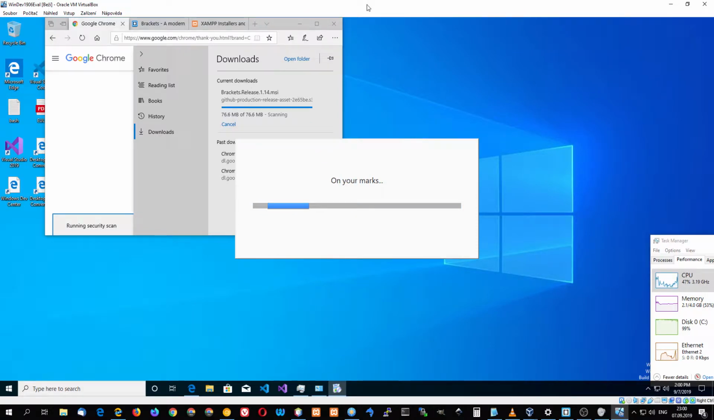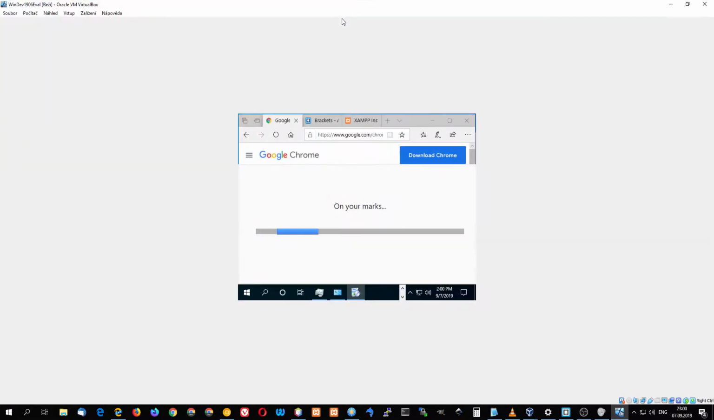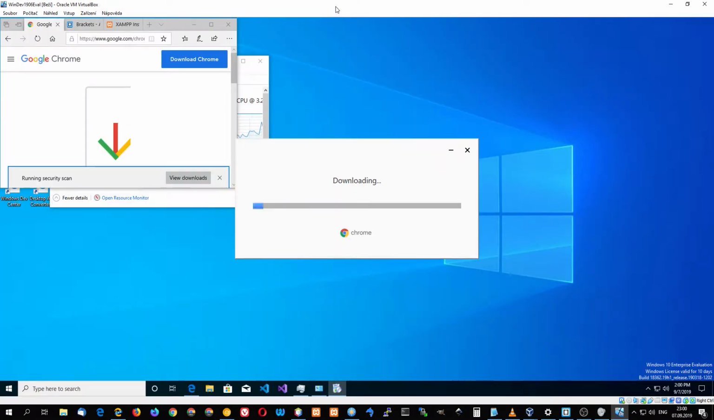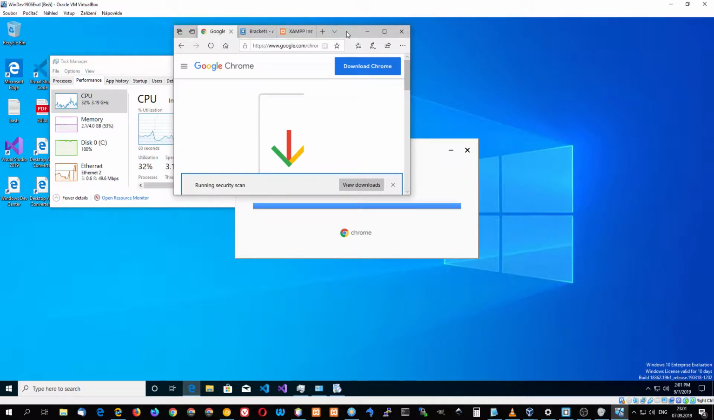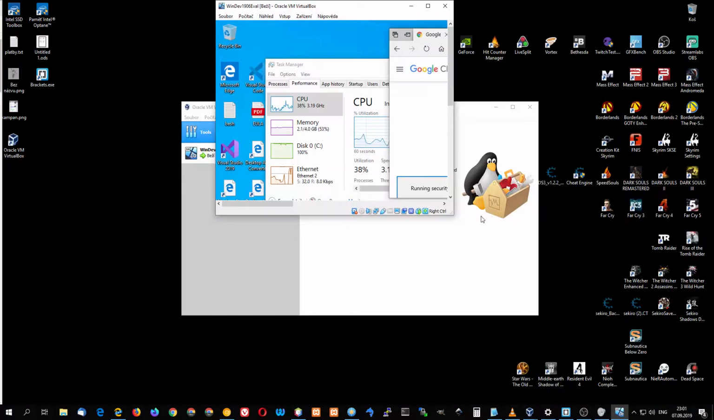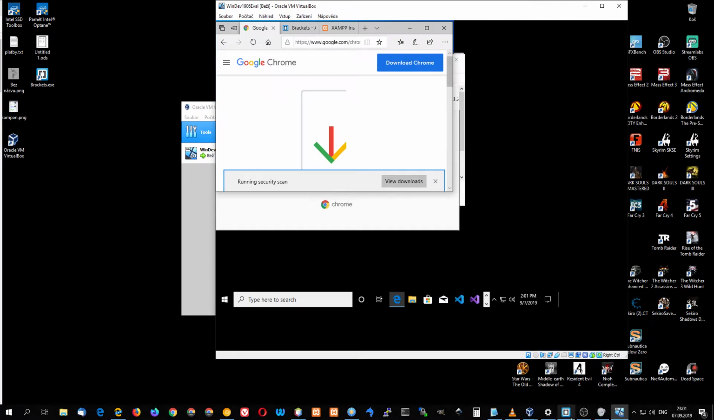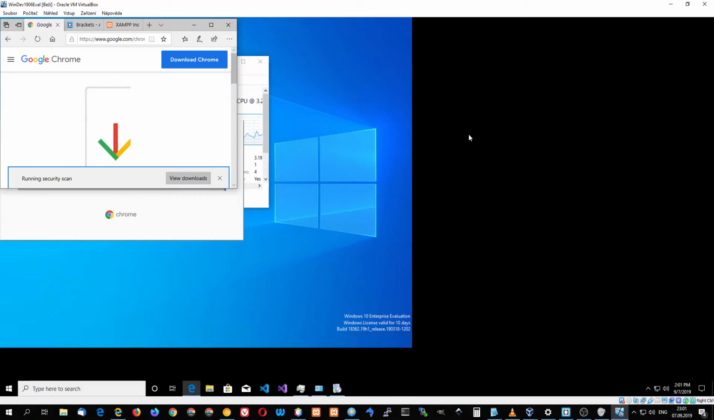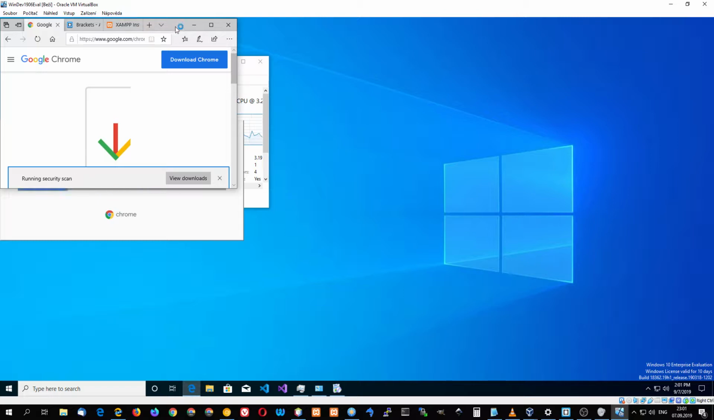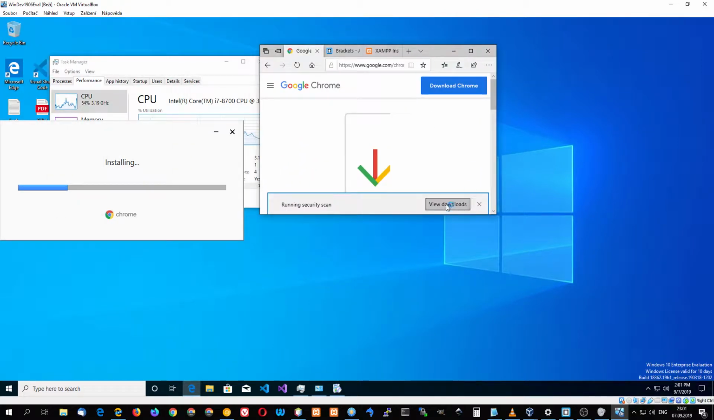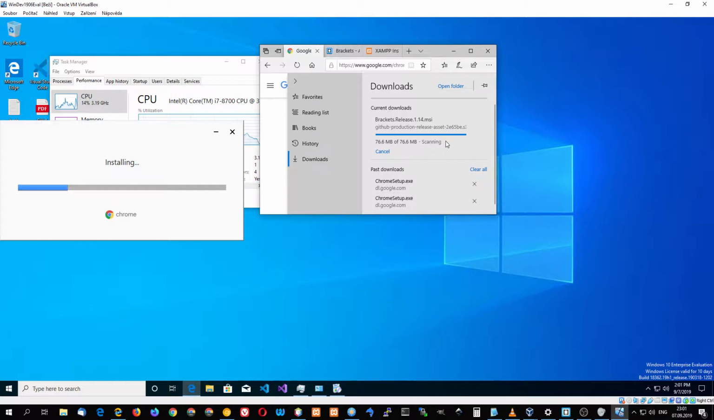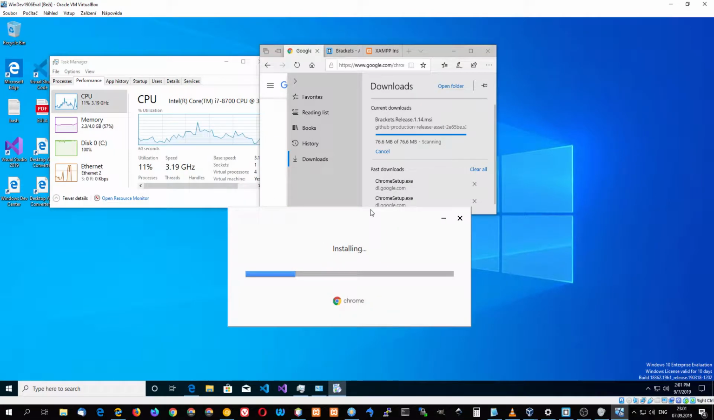I'm showing this in a virtual machine. It's not an actual computer, it's just a virtual machine. It's a clean installation, so you can see it installing when you have nothing pretty much. I have, of course, my whole environment running on my local computer already. So installing Chrome,